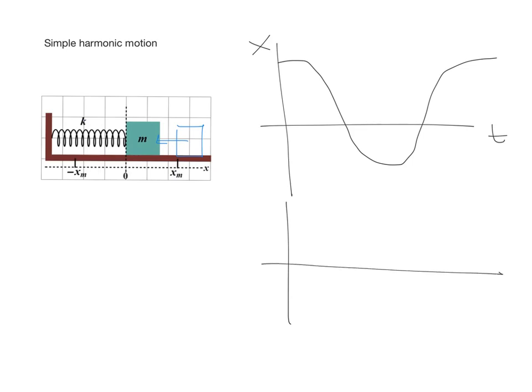But at the point when we release it, it's not moving. Then it's going to accelerate until it hits the 0 position, and then it's going to stop once it reaches the negative maximum amplitude. So the graph of the velocity as a function of time is going to look like